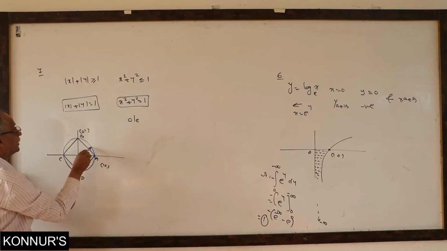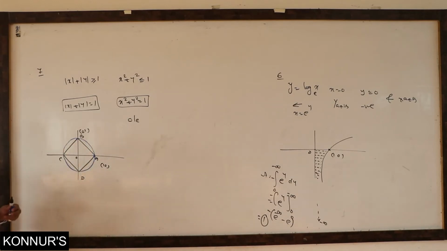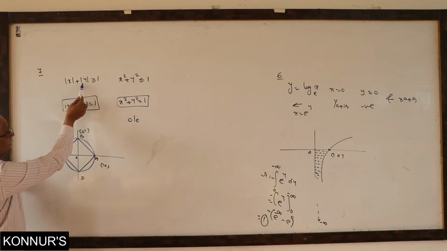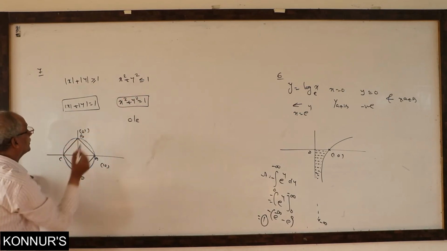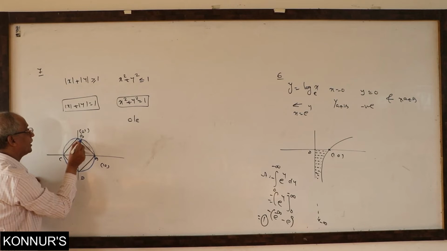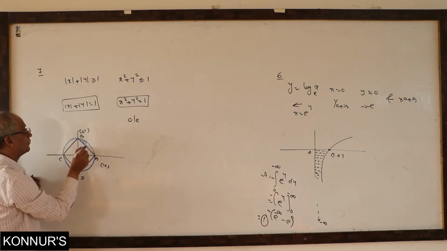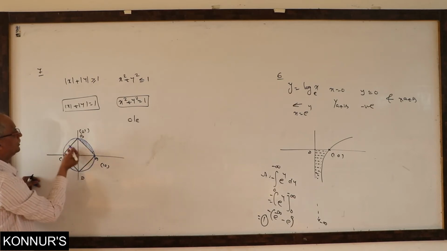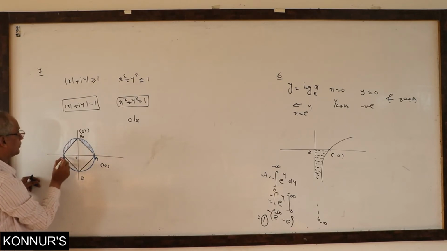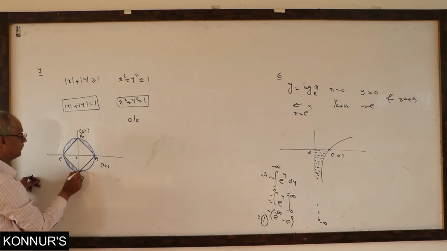Now where does he want the area? For the lines it is more than 1, for the circle less than 1. Then where is the area? This region he is asking. We need this loop. As per the diagram, how many regions are there? Equally, 4 regions are there. These 4 regions we have to calculate. That means you do one region, then multiply by 4. That is enough.